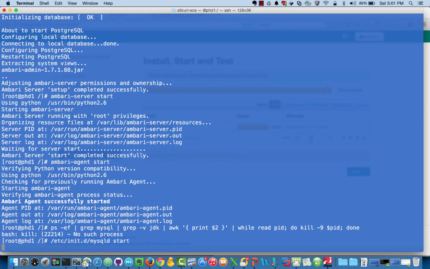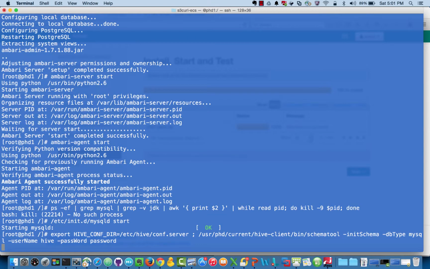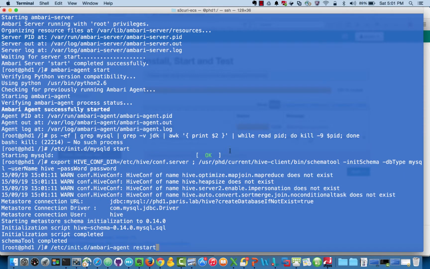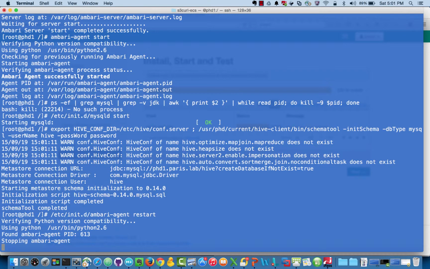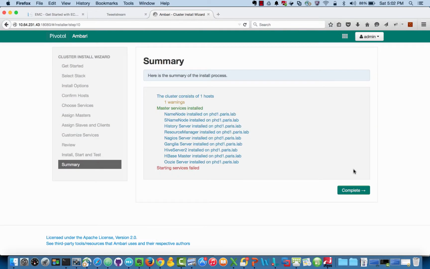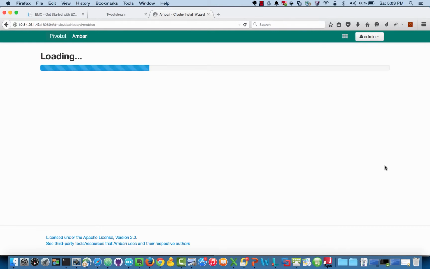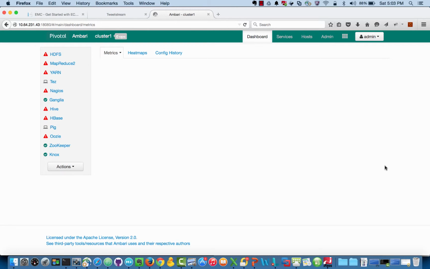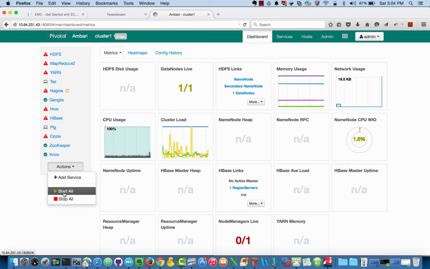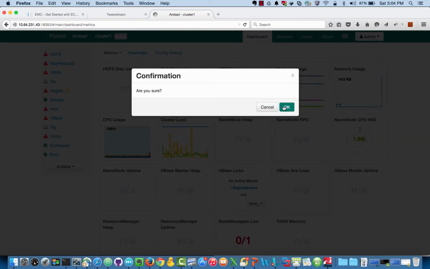You need to manually create the Hive schema to fix this issue. You should now be able to start all the services successfully.